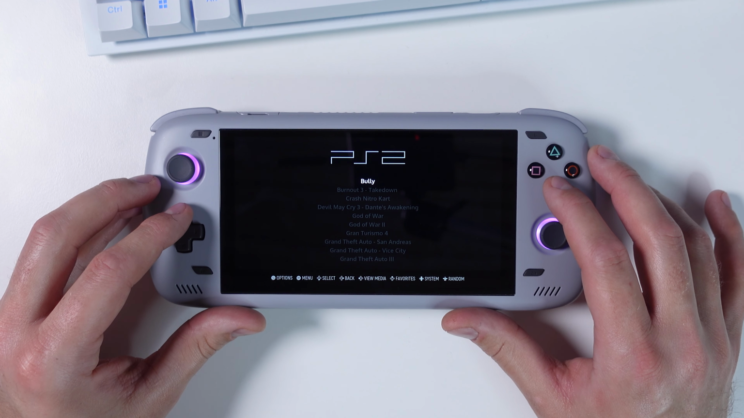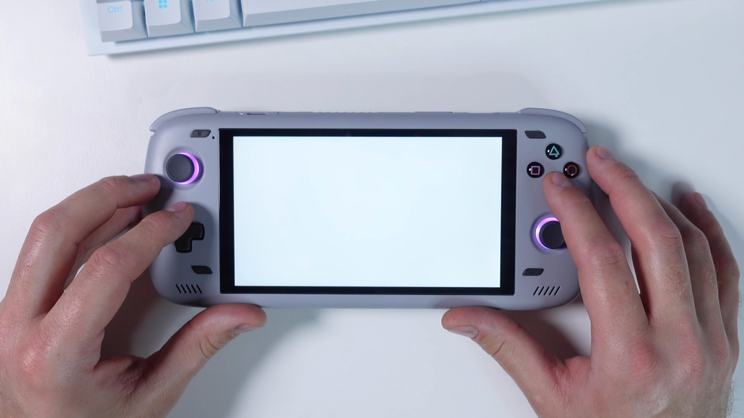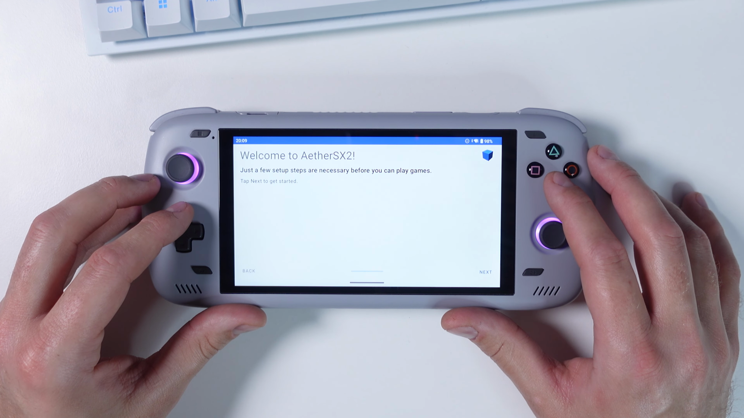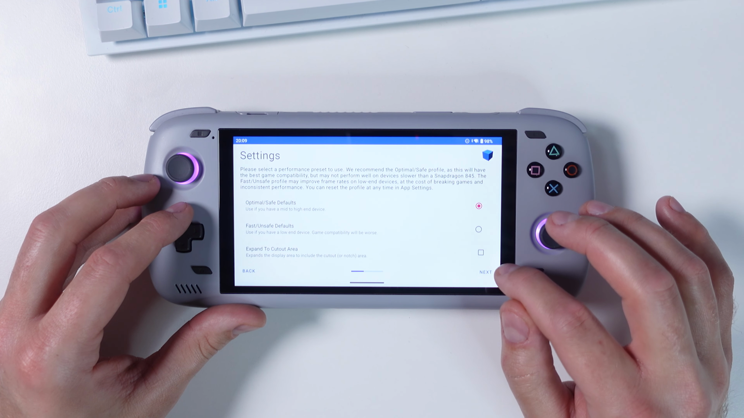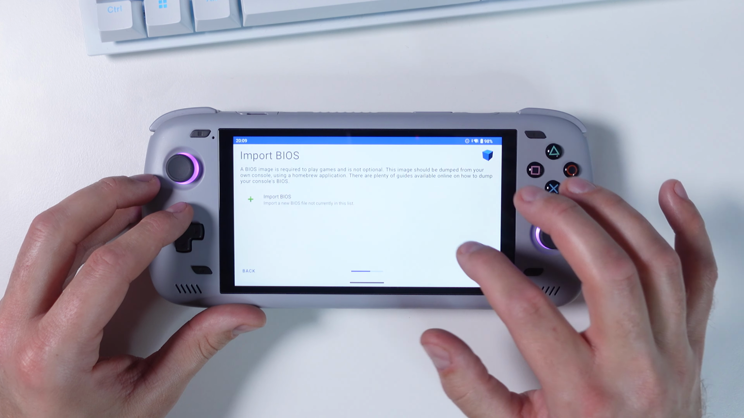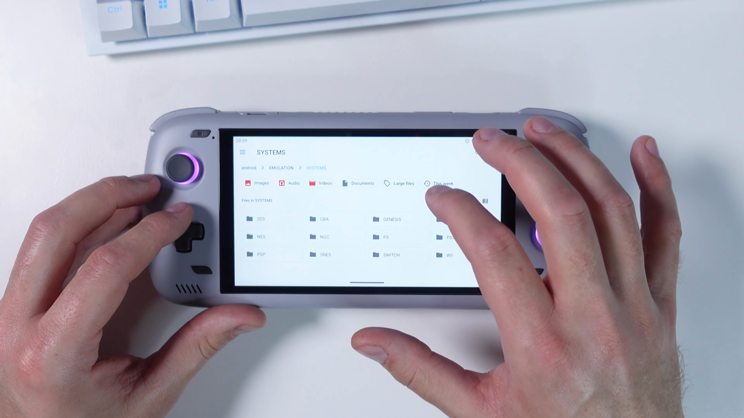And just to make it clear, let's go through the process with one more emulator as well. This time it's the PlayStation 2 emulator Aether SX2. I just installed the emulator from the Google Play Store, so EmulationStation actually takes me to the initial setup process for that emulator. So here I'm just telling the emulator where I have my BIOS files and once again where